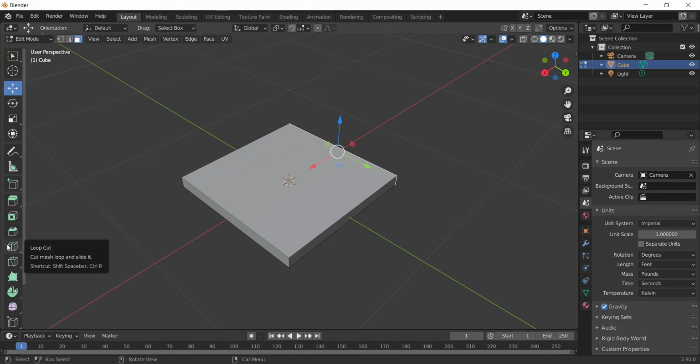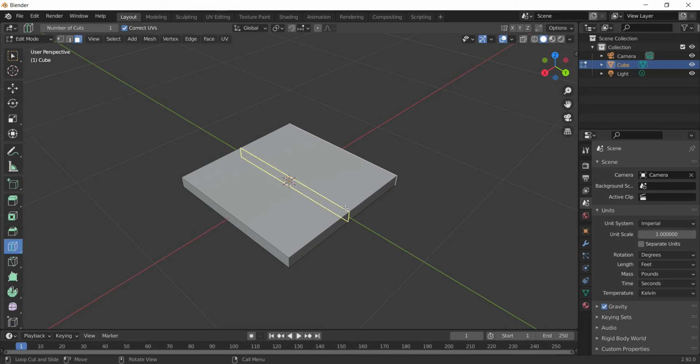Now, which I have told you in the class and which I prefer is working with the shortcuts. So here I will use the shortcut for this tool, that is Control R. But make sure when you are using that shortcut, the tool must not be selected like this. Otherwise, the Control R will not work properly. So you need to select any other tool to deselect that, and then if I press Control R, now again it is indicating that I can insert the loop along these edges.